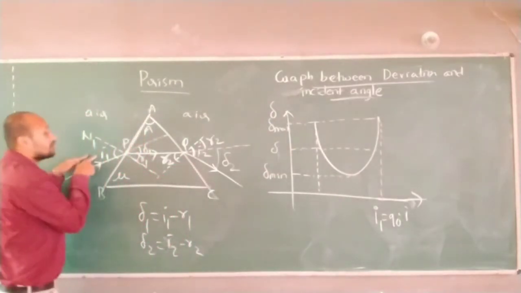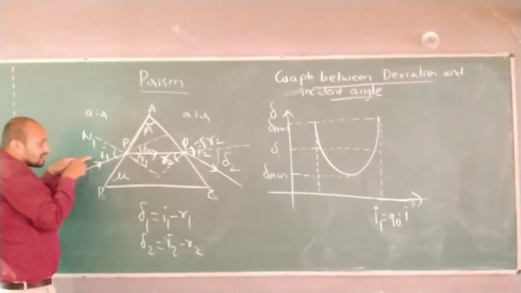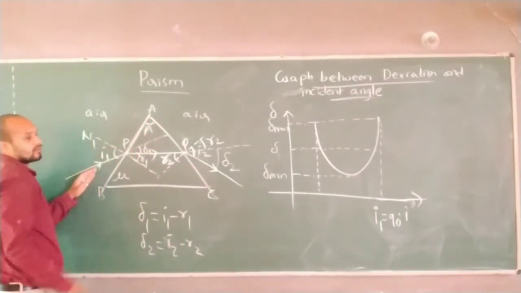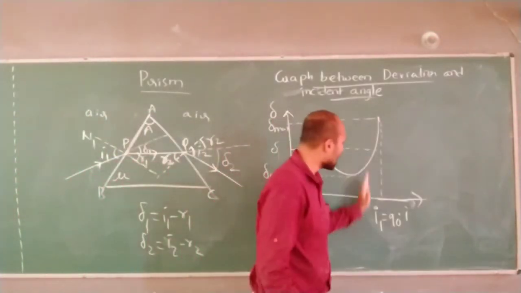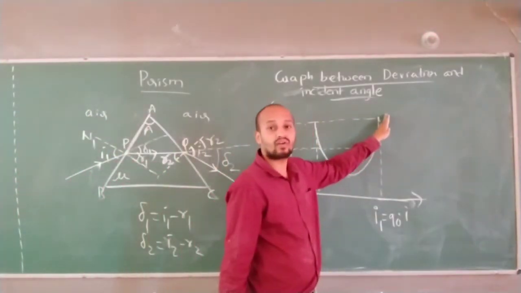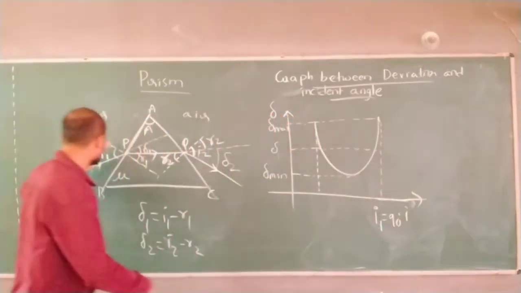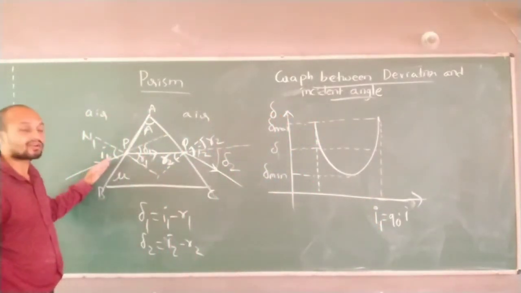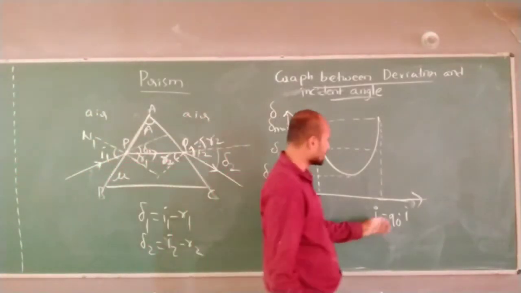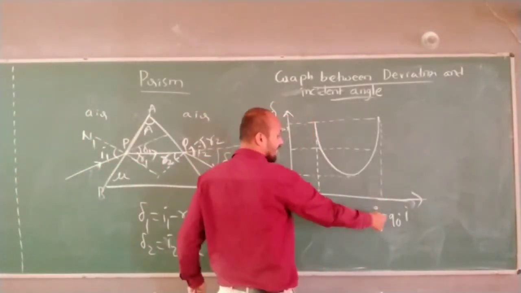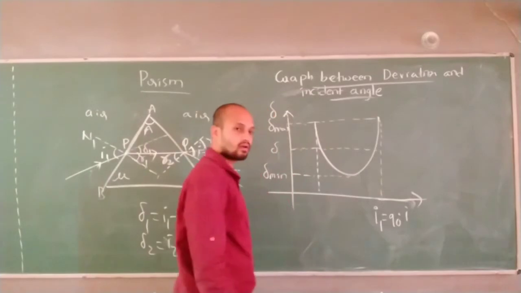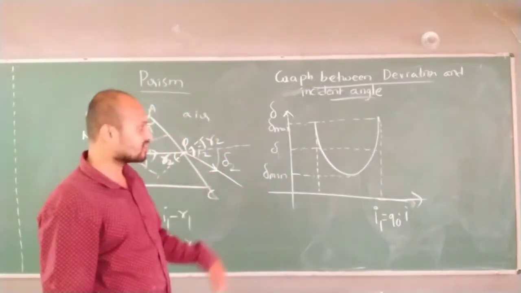When will maximum deviation happen? When this angle will have maximum. Or you see here, this is the last value of angle of incidence where you will find maximum deviation. So what could be this angle? This angle could be 90 degree. It has to be, not could be, it has to be 90 degree. Correct? At this point angle I1 is 90 degree. Got it now? At this point I1 is 90 degree.